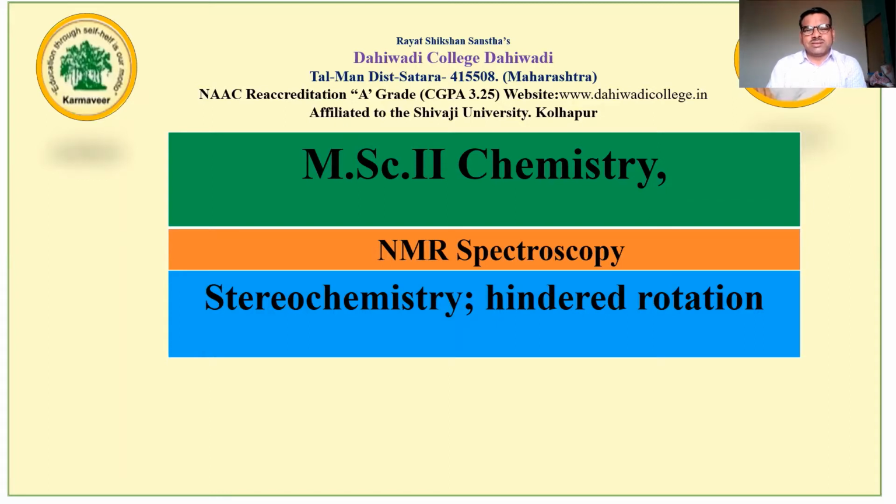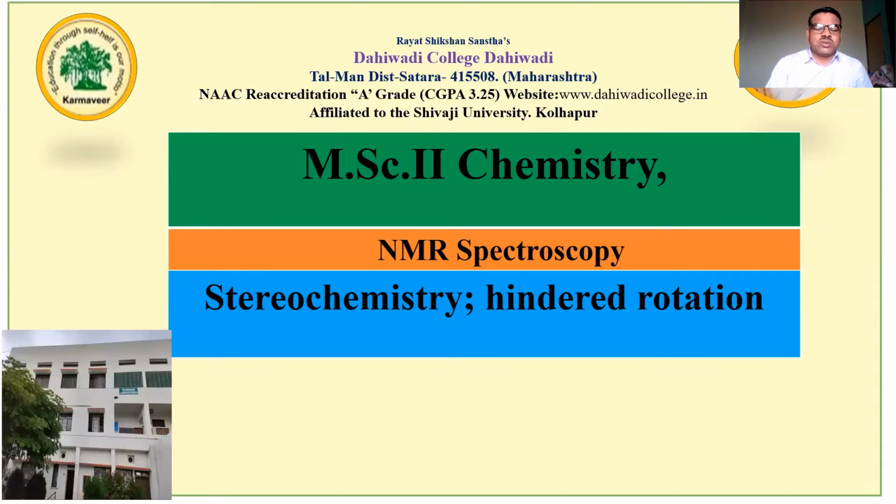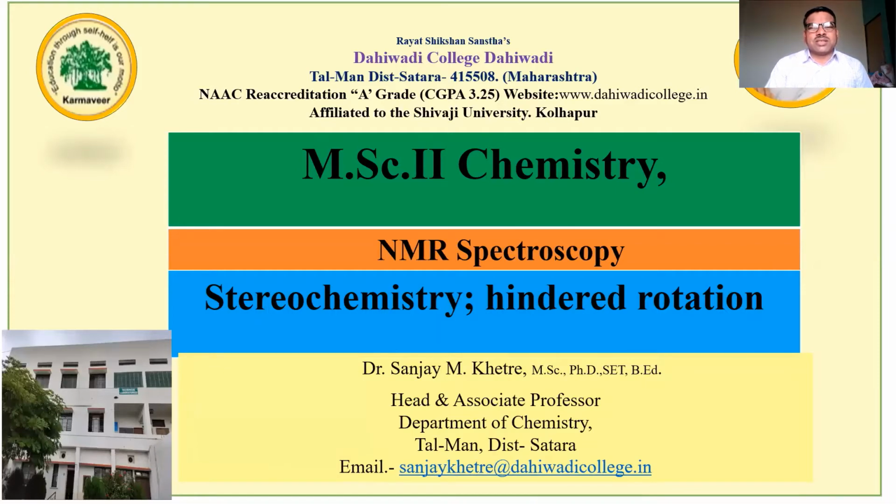We have learned so many terminologies involved in NMR spectroscopy. The next concept and terminology from NMR spectroscopy is stereochemistry, especially hindered rotation. You know what hindered rotation means and when it exists. You also know the stereochemistry of organic molecules, just like cis and trans compounds having the same molecular formula but different arrangement of atoms or groups, that is called